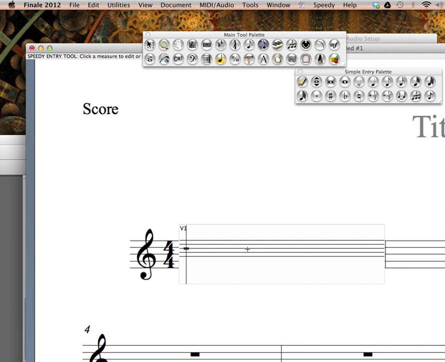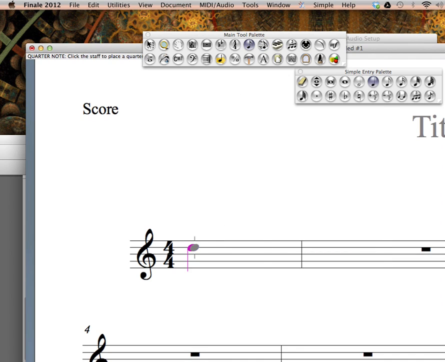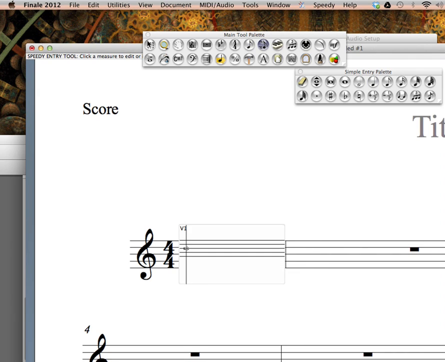So the Speedy Entry tool is very good to enter notes by hand. There are other ways to enter notes, which we'll get into in a minute, using a keyboard. But if I'm entering notes by hand, and I just want to do it in a faster way than having to do this each time, making sure I hit the right note, which can be kind of tedious, I like to use the Speedy Entry tool, and basically what you do